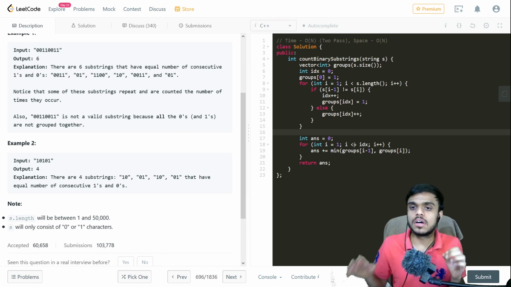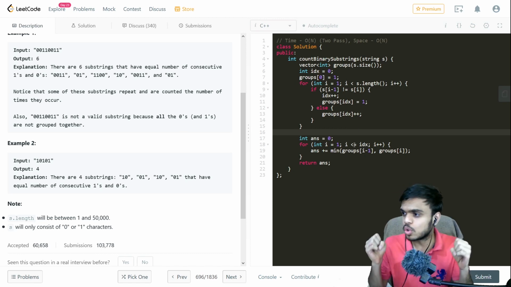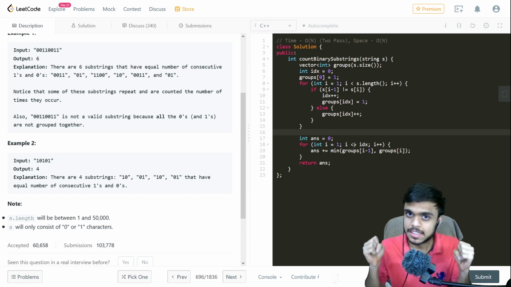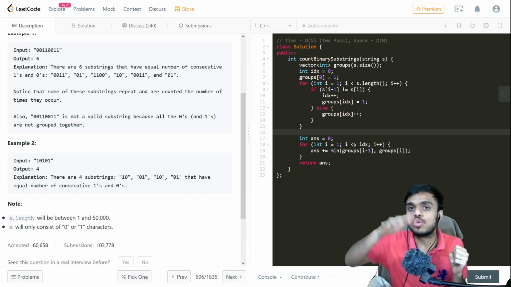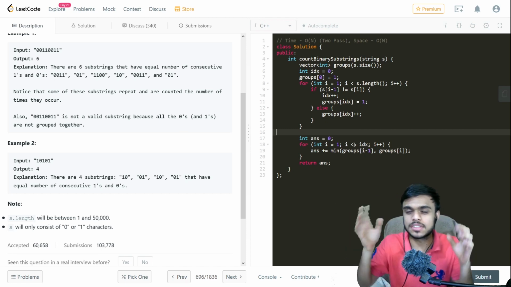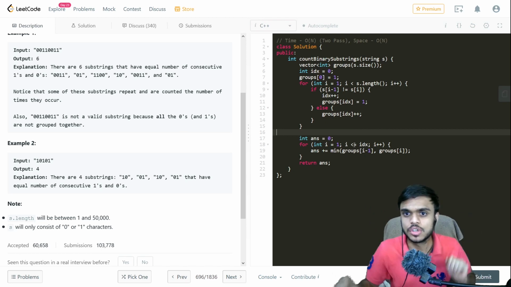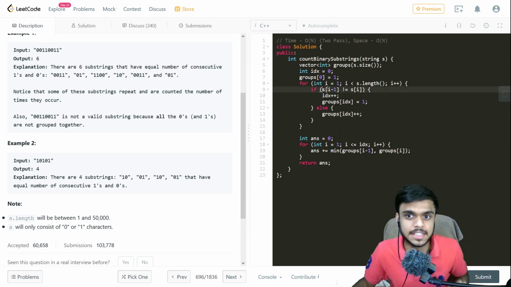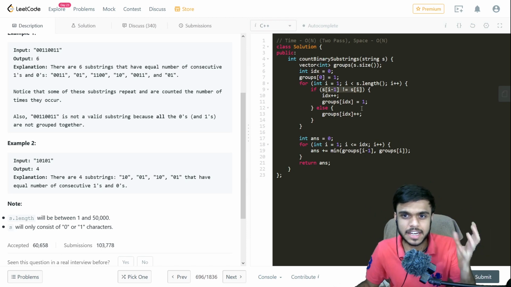Okay, now if there is a case that we have two consecutive characters to be different, in that case we need to move on to the next element of the vector, because this group has finished just now. So this is the check that two consecutive characters are different.